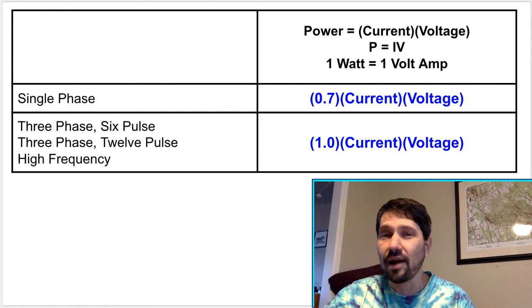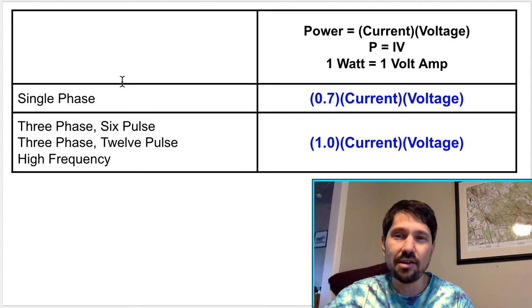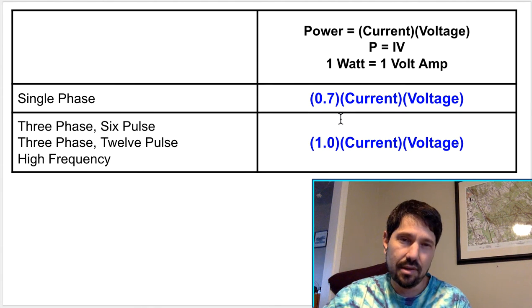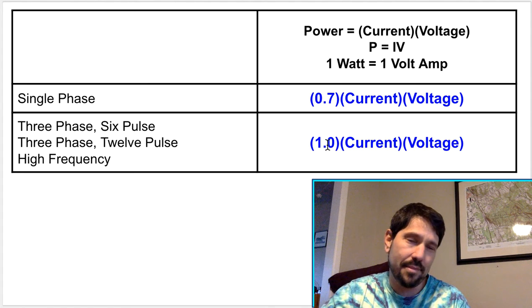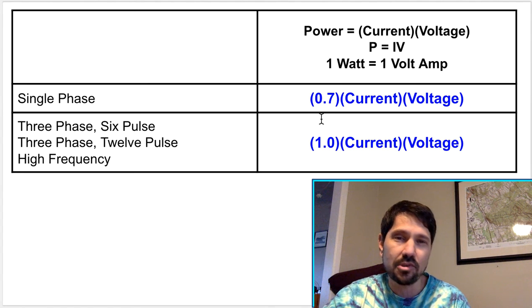And there's one more gotcha, which is if you're using single-phase equipment, you're going to scale it down by 0.7. And if you're using anything else, you can just say your power equals your current times your voltage. I show a multiplier of 1 just to help you see that the multiplier of 0.7 is used for single